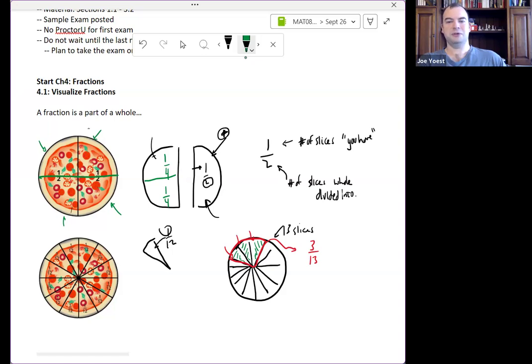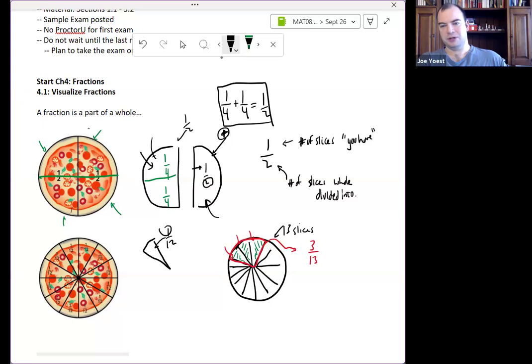This bottom left piece would be 1/4 of the pizza. And I see that's in combination the same as 1/2 of a pizza. So I could think of, for instance, 1/4 plus 1/4 being the same as 1/2. If I have two slices that are quarter slices of pizza, that's equivalent to getting one slice of pizza that's a half a pizza. So I can change the way that my fractions look by just slicing my pizza more times or fewer times or slightly differently.